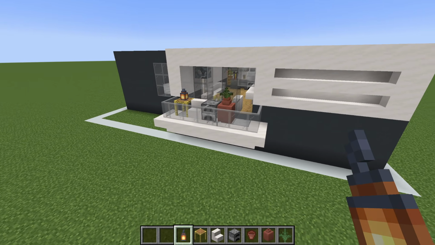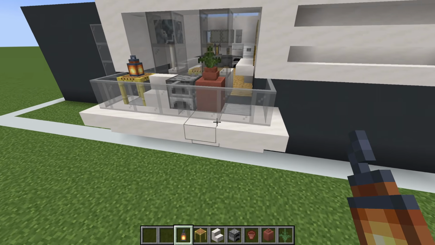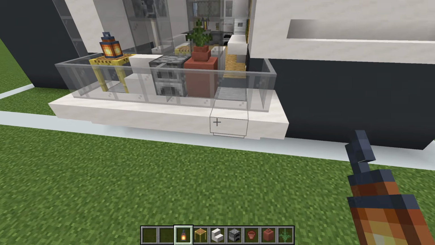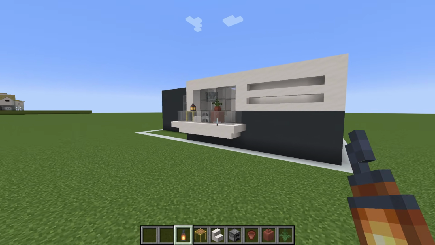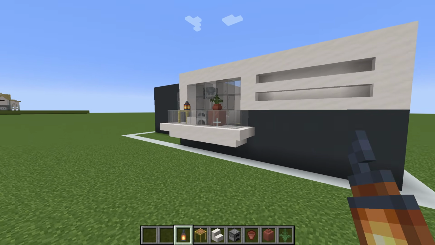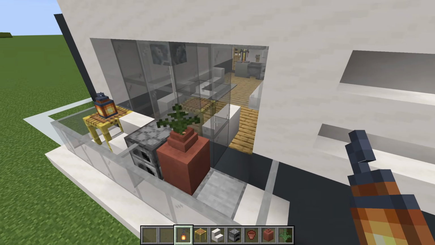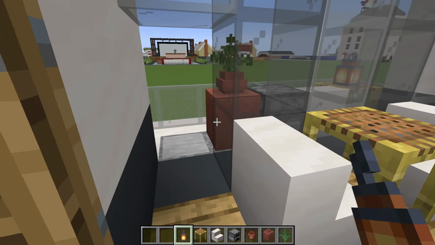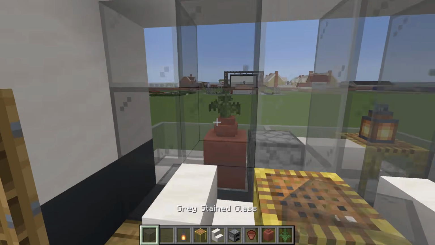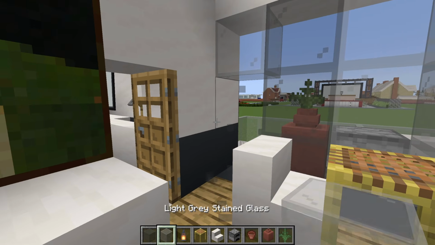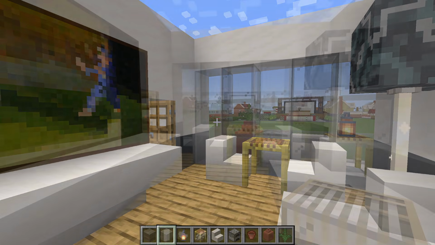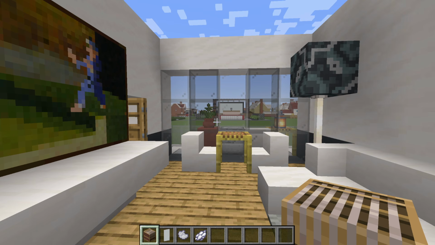We can't actually walk around the balcony like this, so if you do want to, then simply extend everything 1 row over, but I really like how the balcony looks like this, despite the fact that we can't get out here. I'm not even too concerned about the fact of actually entering out onto the balcony myself, so that is a personal choice. And the second choice that I'm going to throw at you is whether or not you would